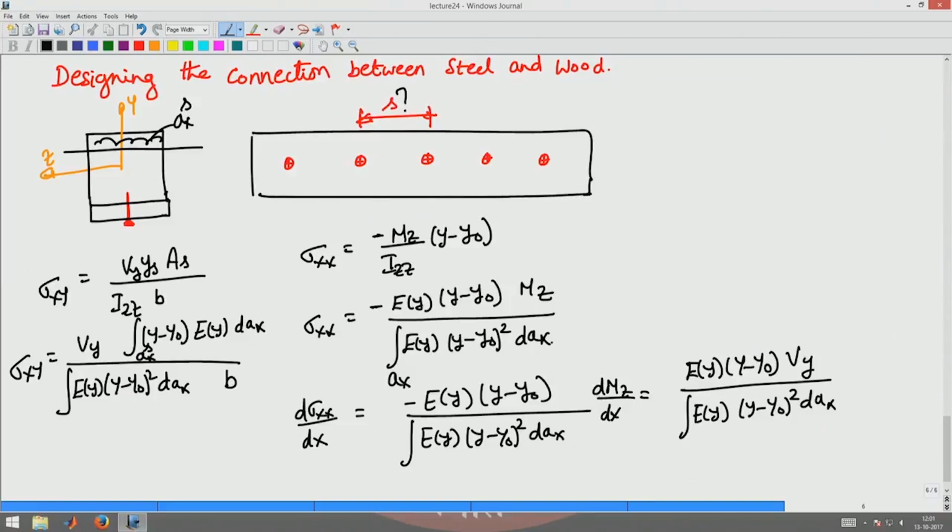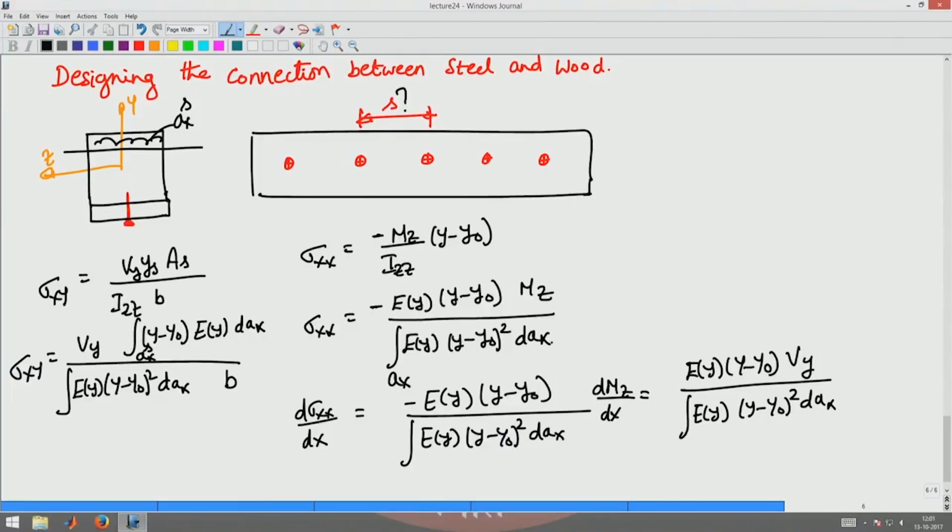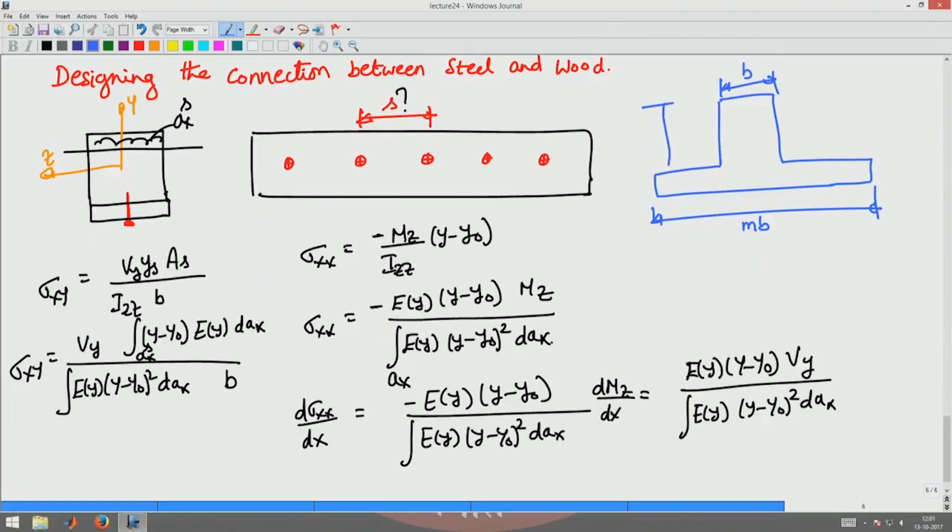So that is how this is from the first principles. On the other hand, if I use the equivalent section approach, then I need not change this expression for shear stress, it will remain the same, except that now I have to use this as the cross section of this beam, wherein this will be m times b, this is b, this is d, and this is t, and my expression for sigma xy remains as Vy into Ys into As